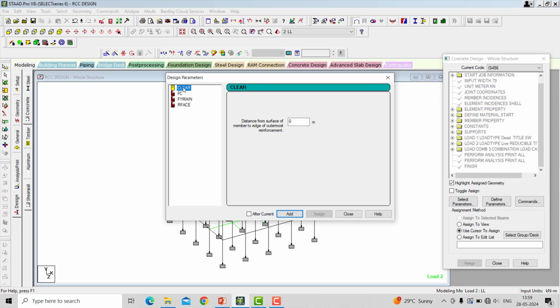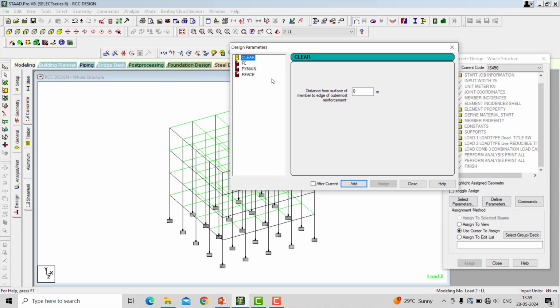Next, clear cover. You have to add 3 clear covers, for the columns, beams and then slab. I already told you 40 mm is nothing but 0.04 for the column. We have to put it in meters. That's why convert any unit to meters and then put the value.